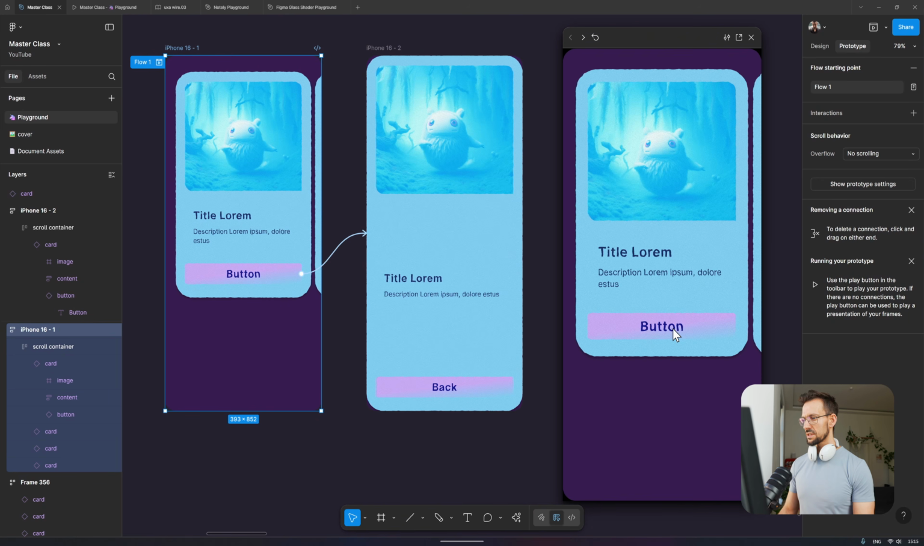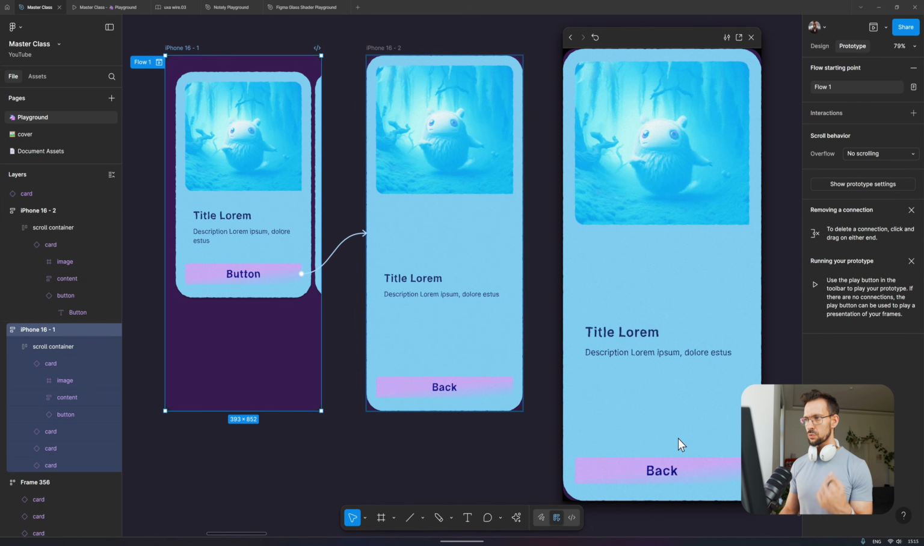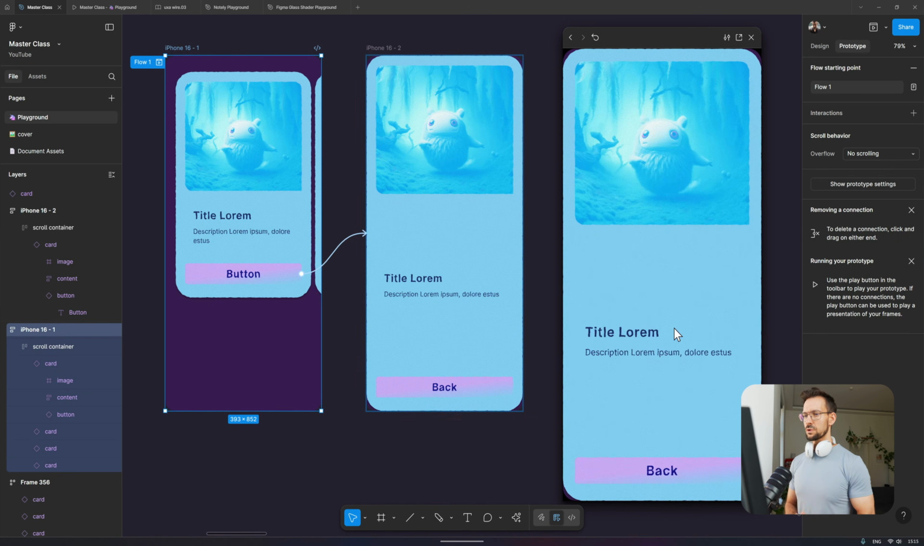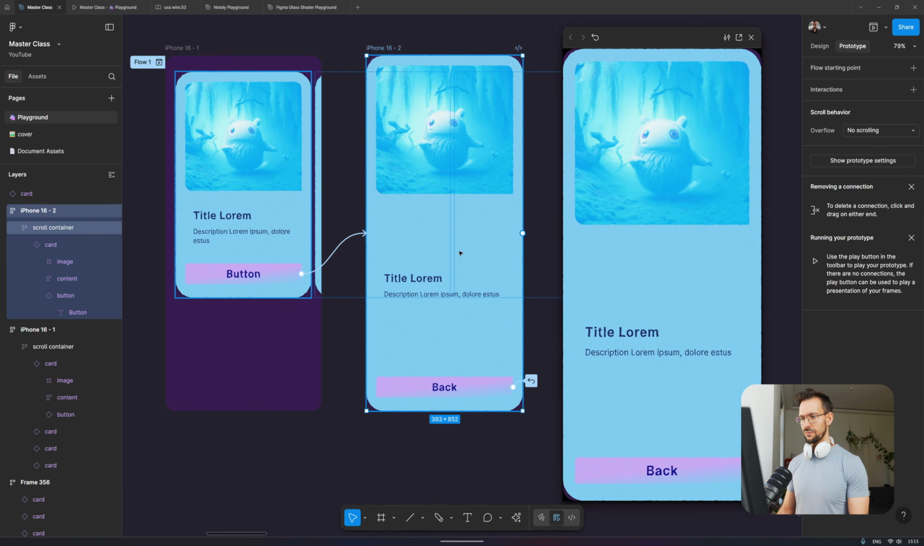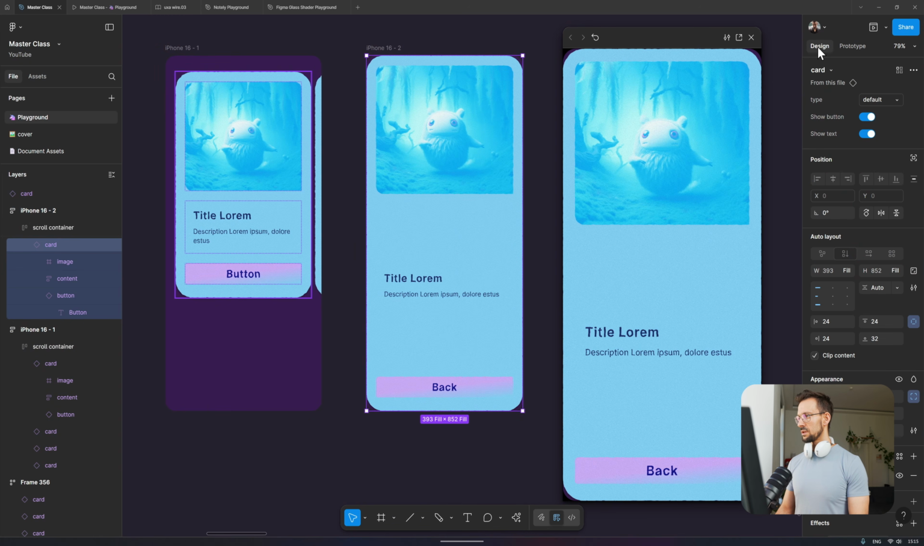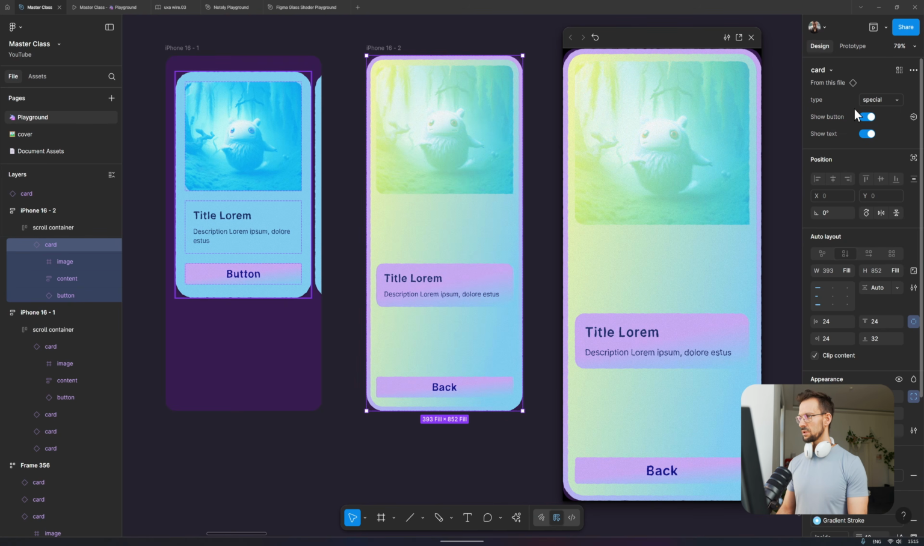Okay, nice. Let's click on the button. It will change, and when I click now on the back button, it will go back to the previous screen. So with this you can create some nice effects. And I think in the previous step we also created another property. Let's set it to special, and